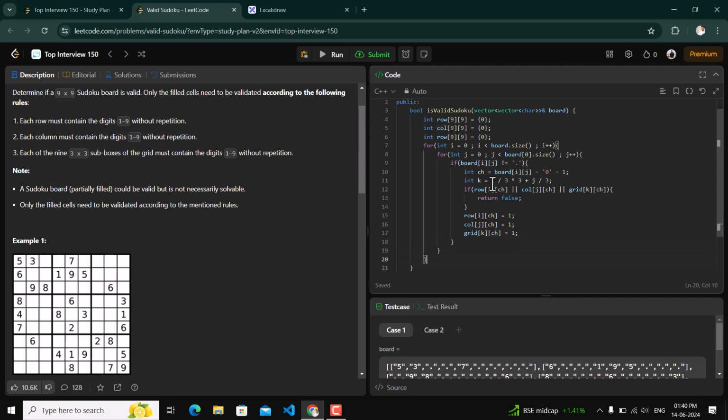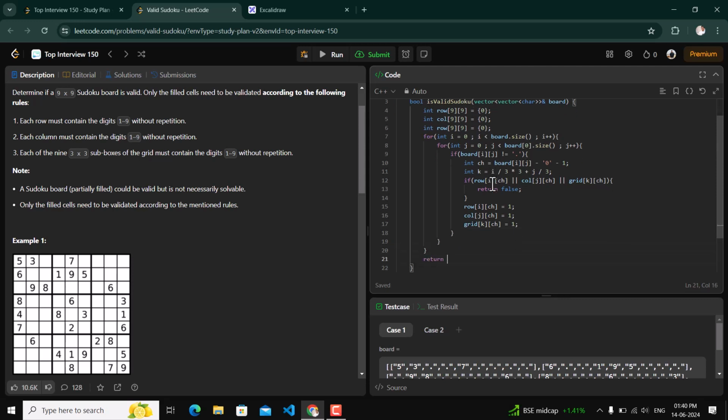Okay, so we will return true at the end. So what basically we have done: if we are encountering any element for the first time, we are marking its frequency as 1, and if the same element is encountered for the second time we are returning false, because in this case our Sudoku is invalid.